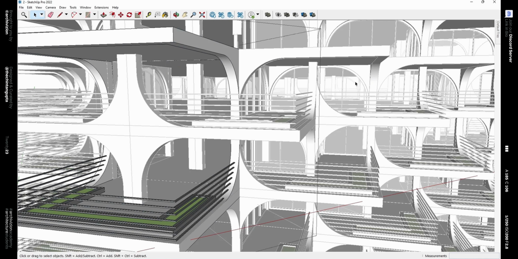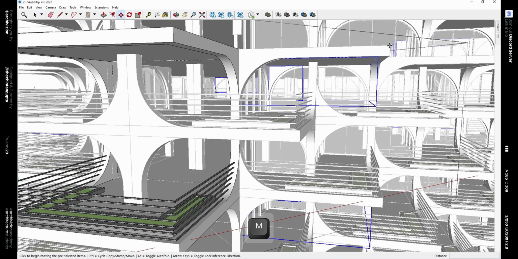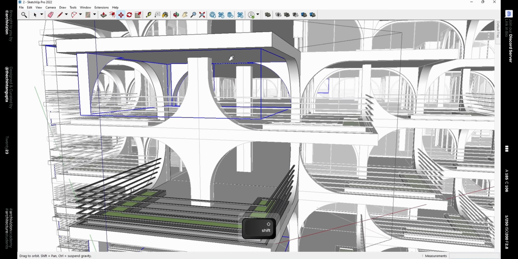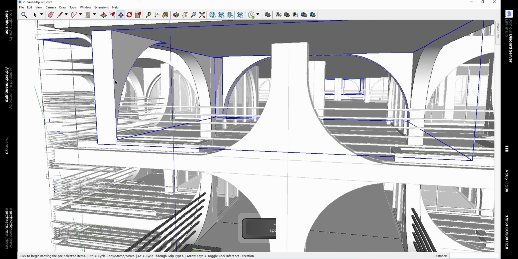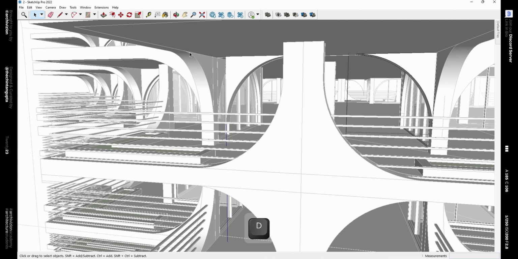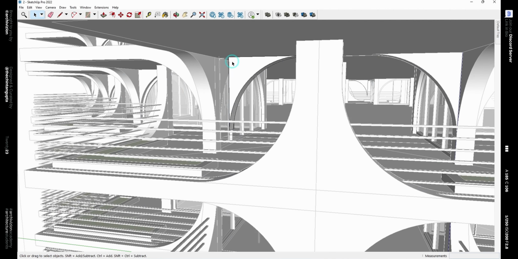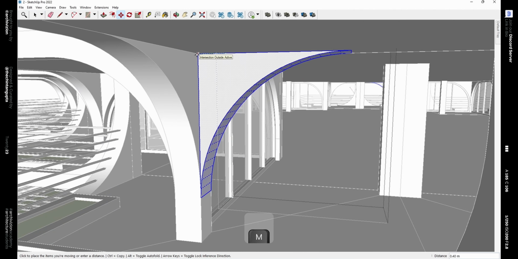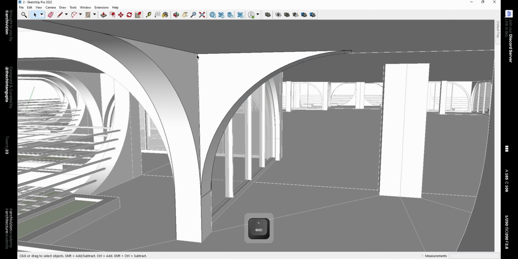Copy them and paste them in the same place outside the component. Then move it over here. We can delete this arch and triple click to select this arch and move it to the extreme left over here so that it aligns with the column.